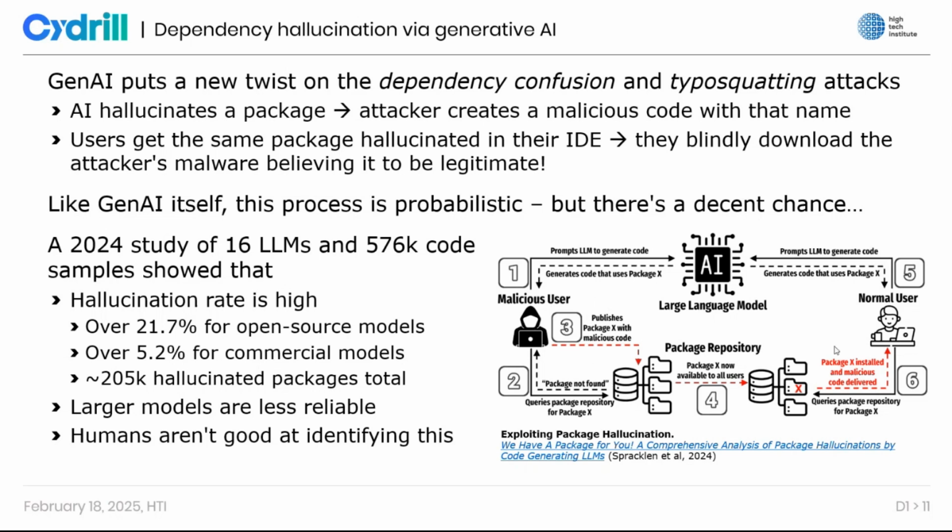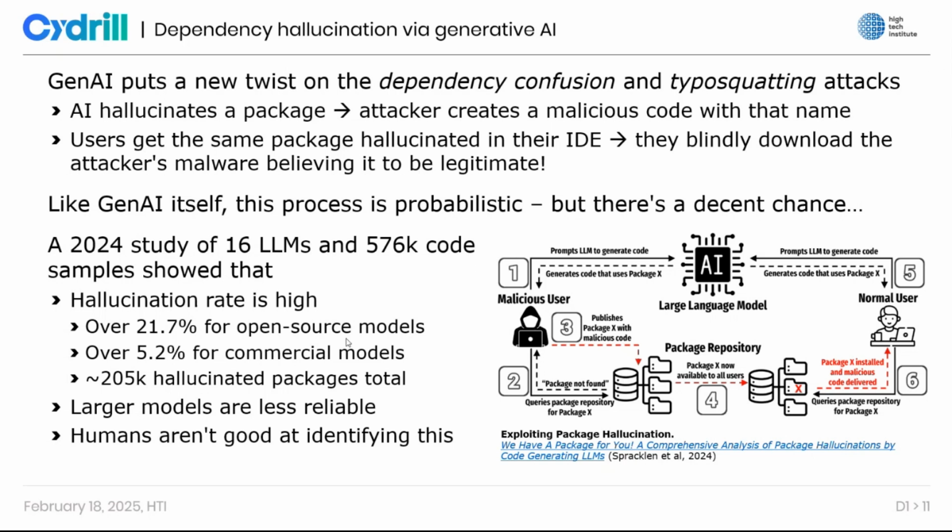malicious. Then later on, if a normal user does the same thing, like they ask the model, all right, can you give me some code that opens the YAML file? It is possible that it will hallucinate the same package, so that the normal user is now going to download the one that the attacker uploaded and going to use it in their code. And now they are basically going to be exposed to the attack, and the malicious code will run on their system.